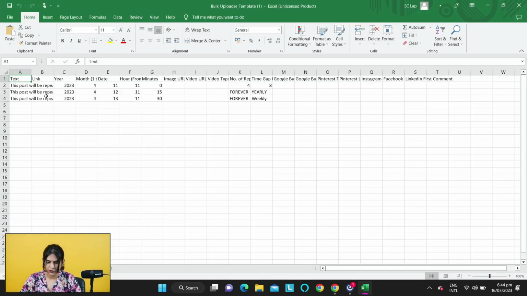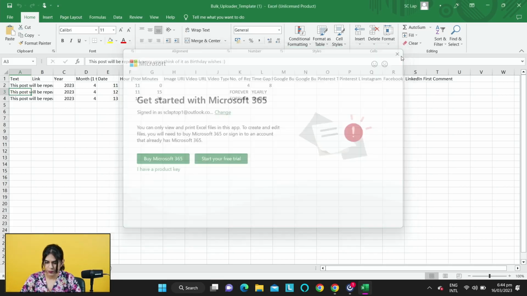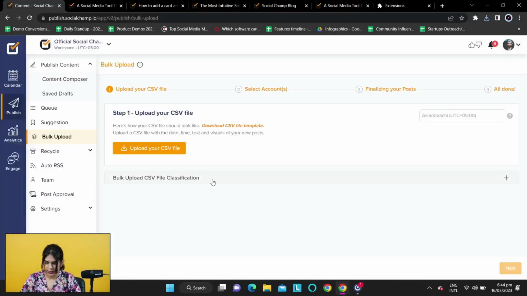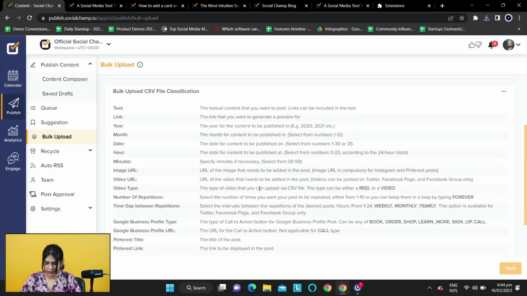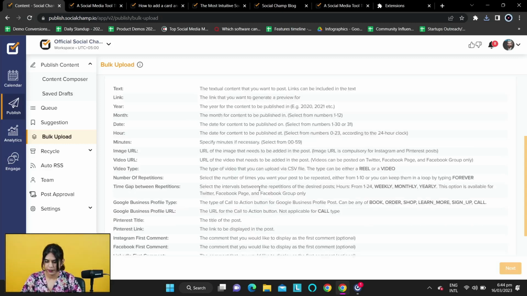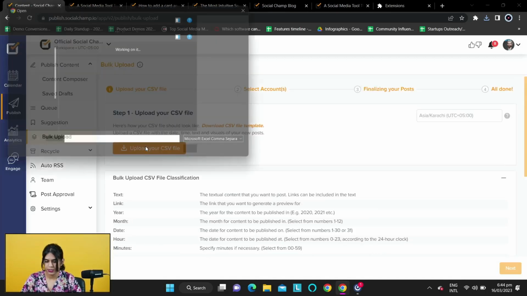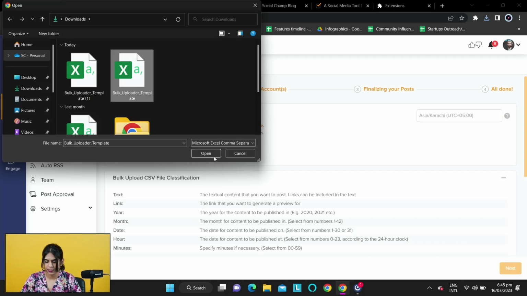You just have to fill it up, give it a text, your month, everything, and this is the classification here. Just make sure you do not delete any columns or any rows, and fill it up as per its requirements. Otherwise it will give you prompts and it will be difficult for you. So just play around with it, and once you do that, upload your CSV file here like this,